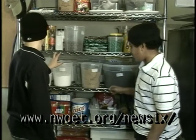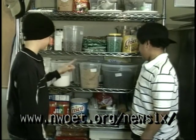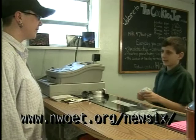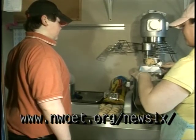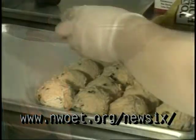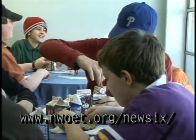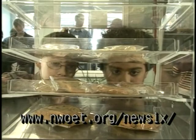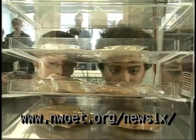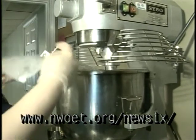Products from local fruit and berry farms, dairy farms, and other local products are used as much as possible. It doesn't get any fresher than our cookies. You walk in, you place your order, 15 to 20 minutes later, you have cookies. The Cookie Jar and More offers you the option of celebrating your favorite holidays and occasions with their cookies. We make cookies, we make cookie cakes, we make catered cookies, we have thank you packages, we have holiday packages,